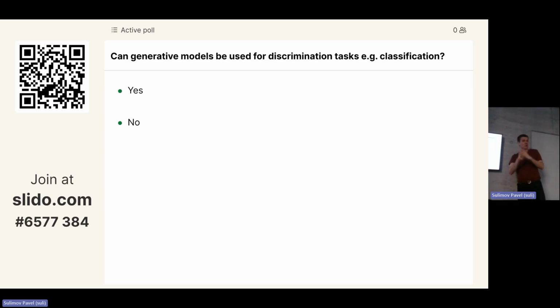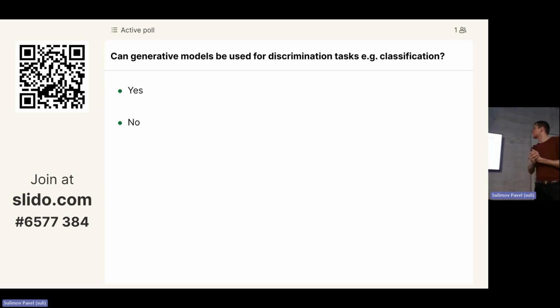Now, there is another question. How do you think, can generative models be used for discrimination tasks? I mean that, for example, you have learned the joint distribution, and now I'm asking you, but still, can you classify the data? Because now I understand that you can generate the data from these samples, so that you have a sample of one part and a sample of another part.